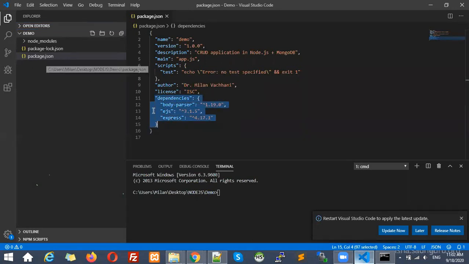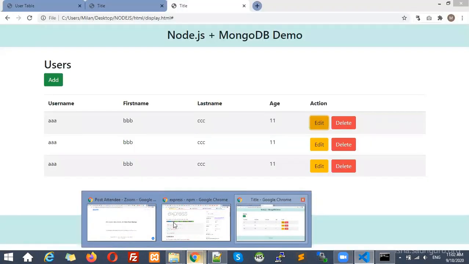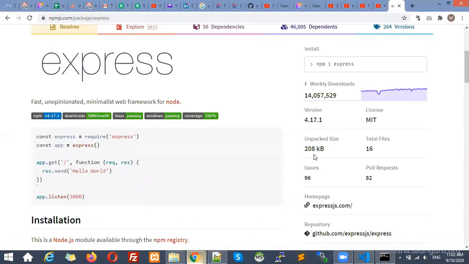and also you can see here the dependencies also added in our package.json file. You can see body parser, what is the version of that one? That version is 1.19.0. What is the version of EJS? That is 3.1.5. And what is the version of Express? That is 4.17.1. You can verify with the latest one also. Here you can see what is the current version,